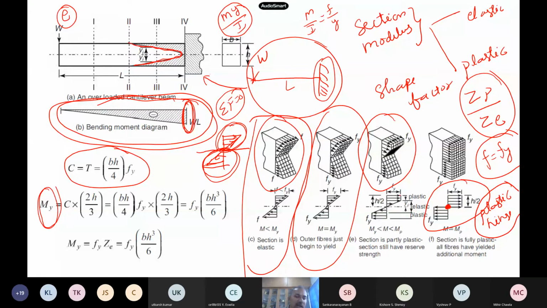So basically what happens in a cantilever beam is the bending moment is very, very high at this place. So the hinge forms first near this portion. But before the hinge has formed, automatically this plastic region also spreads, in this direction. So at this section, the depth of the plastic zone, that is this E, what is the depth of the plastic zone at the fixed end?